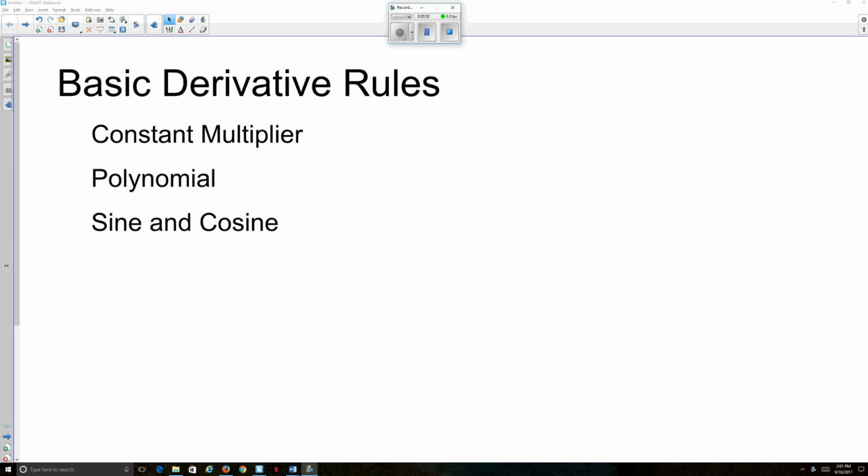Hey guys, we're going to talk today about basic derivative rules. You can see here three things we're going to talk about. We're going to talk about the constant multiplier, a polynomial, and derivatives of sines and cosines. All right. So as we do this, first of all, what I want you to think about is what is